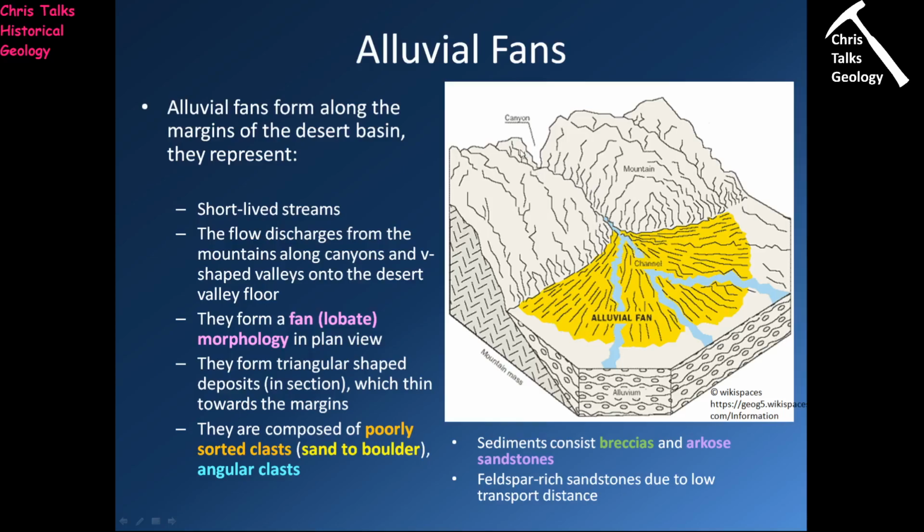sediment with it. Obviously, when the river exits the valley, it spreads out, and so the sediment fans out as it leaves the valley. And this produces this rather distinct lobe morphology, also sometimes referred to as a fan morphology, if you look at it in plan view. Now, if I were to take a slice through my alluvial fan, it would actually have a more triangular shape, with the sediment being thickest here and getting thinner as you move towards the edge